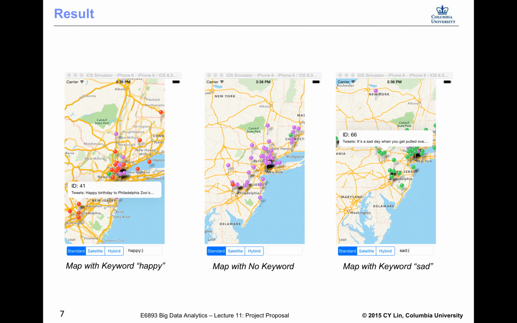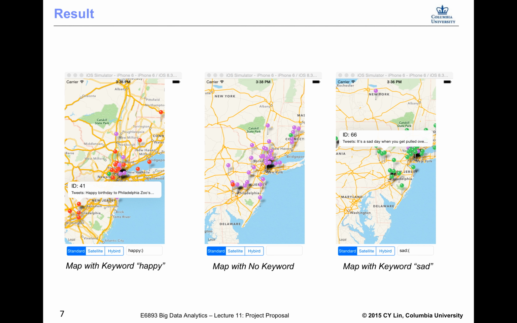These are the results. On the far left, we can see a screenshot of my iOS application. I searched with happy and a smile symbol for related tweets in New York State, and there are many pins.